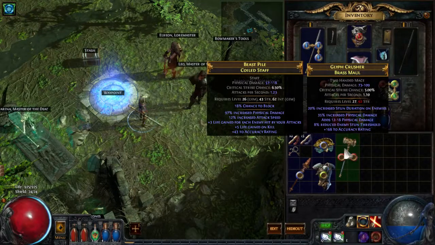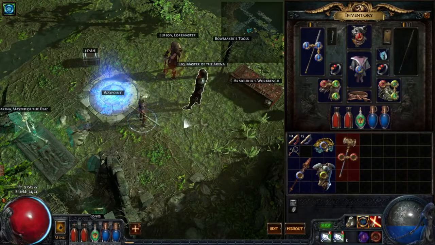The flat physical roll on it, 12 to 18, is actually a good roll. We would have needed a better percentage roll on it. 35% is not good anymore at this level. Okay,